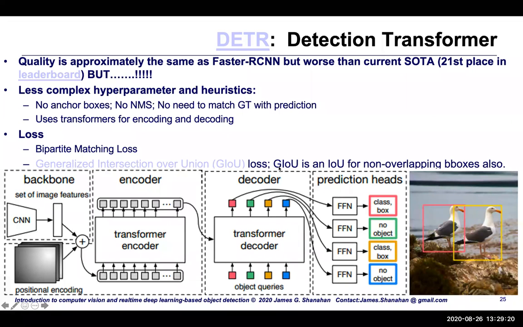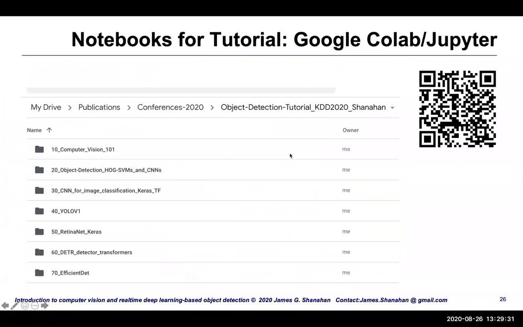And there's also the use of this generalized intersection over union, which is also an interesting twist. So all this adds up to an exciting framework, which I hope you'll stick around and learn more about later in the presentation. So as you know, there are notebooks that I prepared for this tutorial, and they